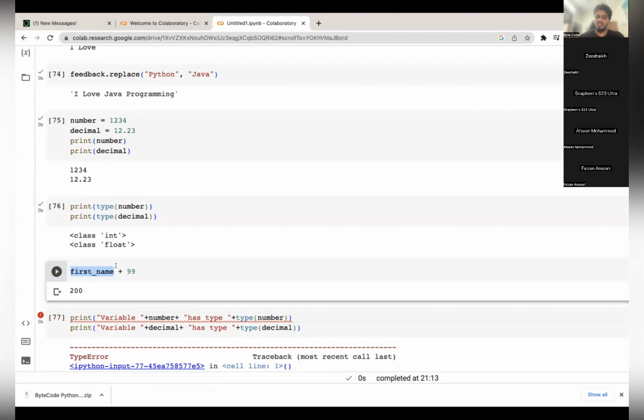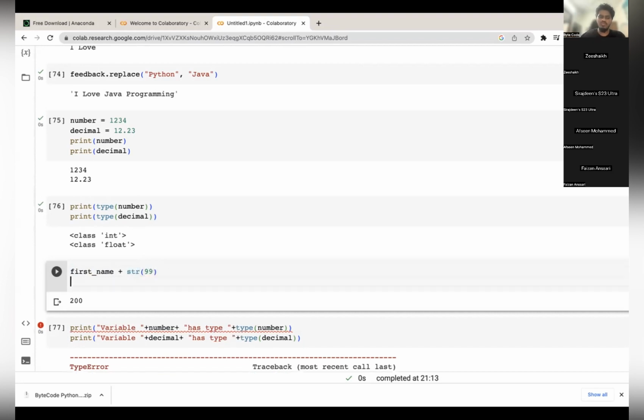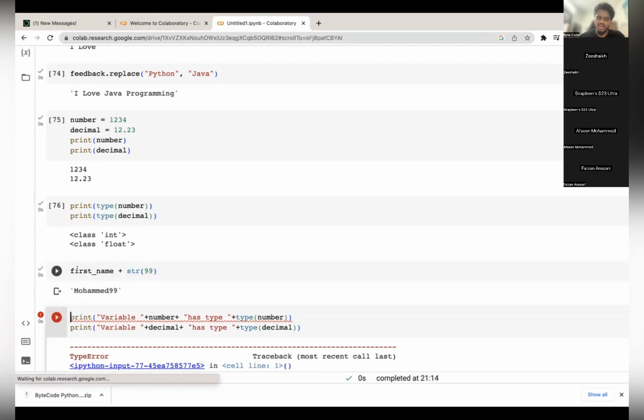If you want to concatenate a string with an integer, you have to convert the integer into a string by calling the str function. The str function converts any given object into a string. Now if you do the concatenation, it will work.